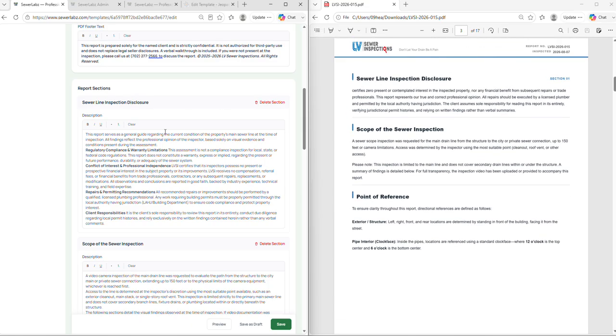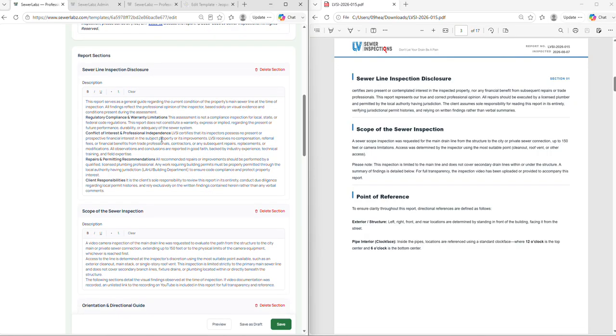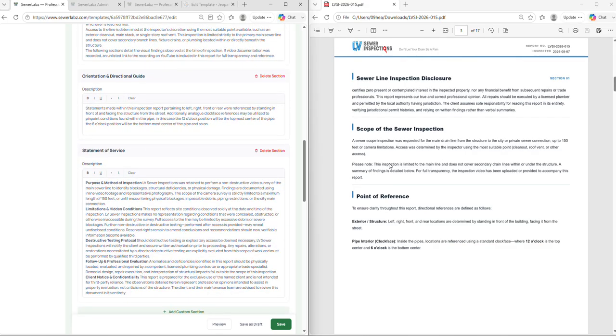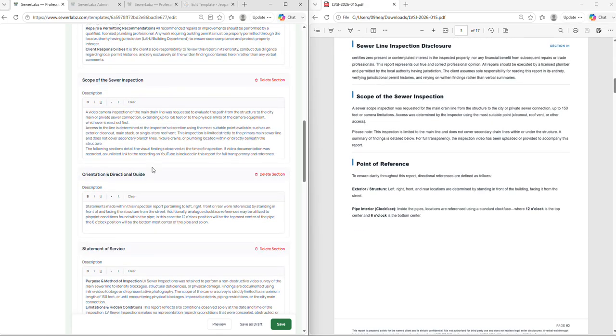Next thing we have is your sewer line inspection disclosure. I've changed mine since generating this report. So this is very tailored to fit my business versus just generalized. This shows what the report and template with Sewer Labz can do. Fully customizable. You can delete the whole section. You can change the name. You can even add additional ones. So last one there,